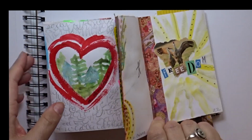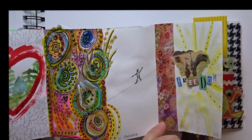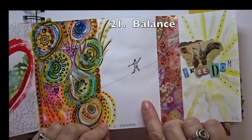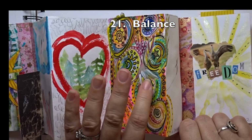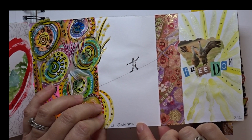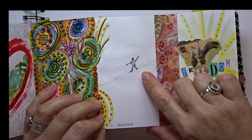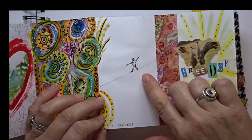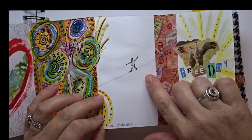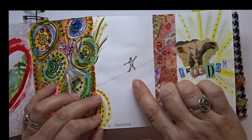Let's keep going. This one does burst over a bit onto page 21, which was balance. I wanted to do another simple one here, partially because there was a lot of energy on the page before it, but also because I wanted to focus on the simplicity of this image and the idea of walking a tightrope in life, in your day and your decisions, in challenges and joys, the balance between all the different things